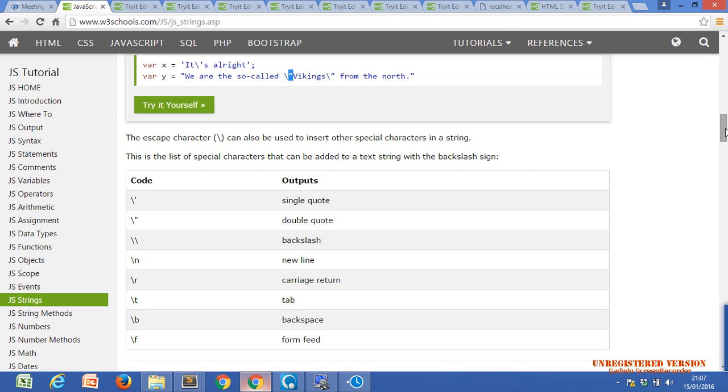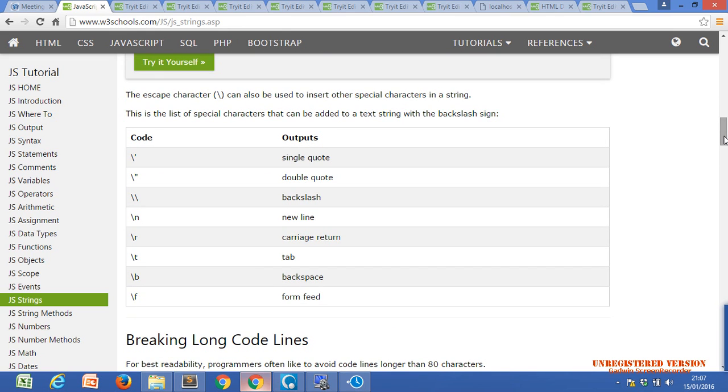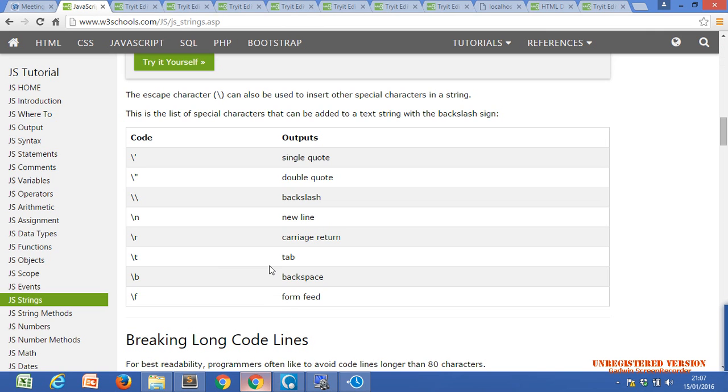Backslash n is new line, and there is also return. You can also use the new line if you want to print on a new line. Let me show you. There is also backspace, tab, carriage return.